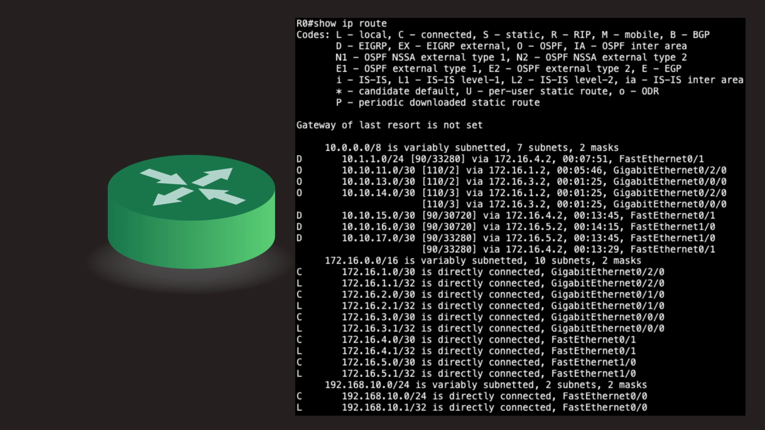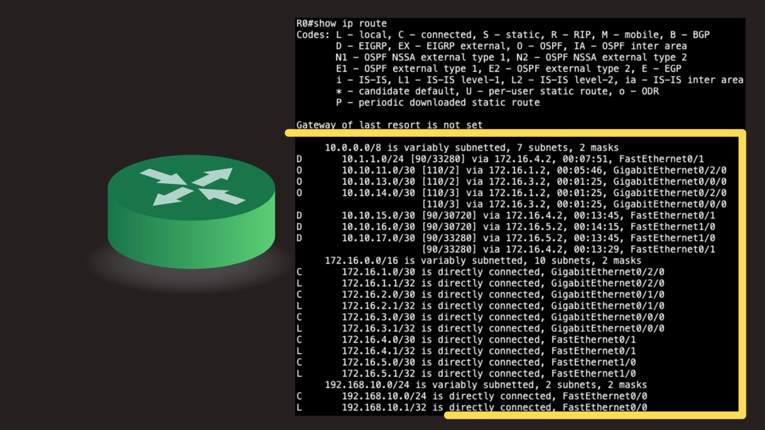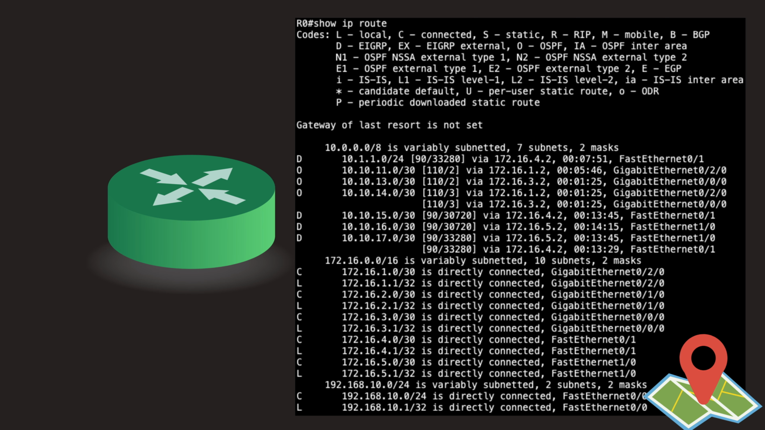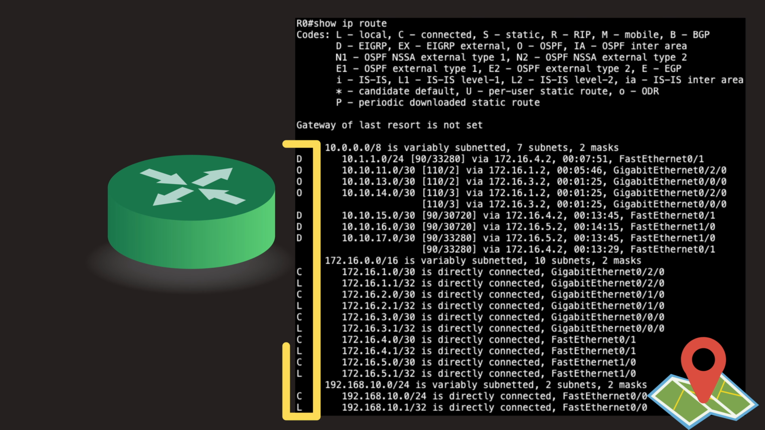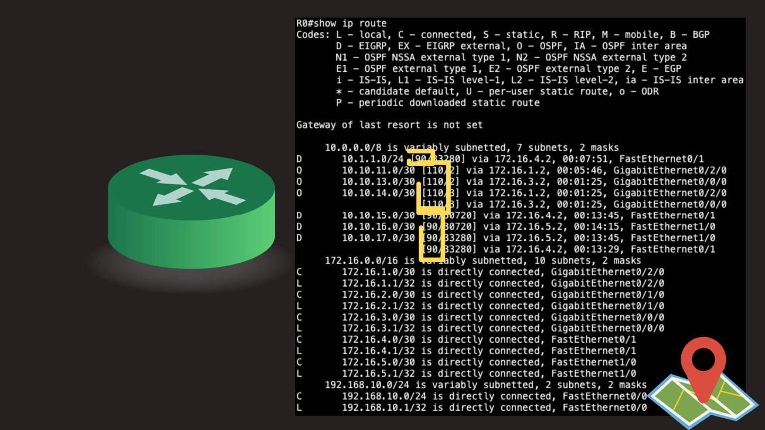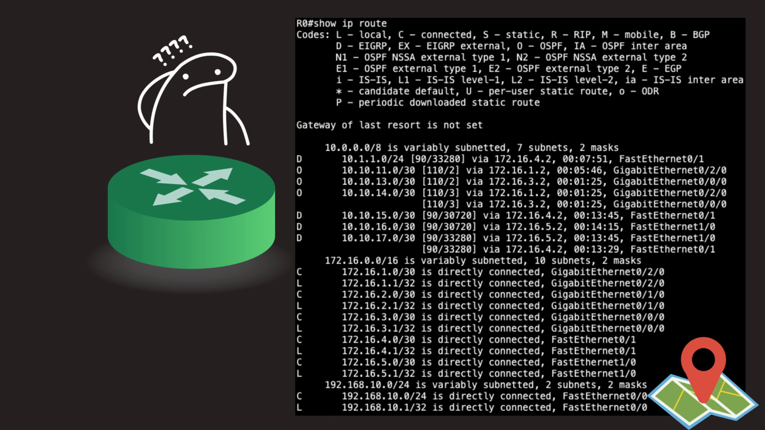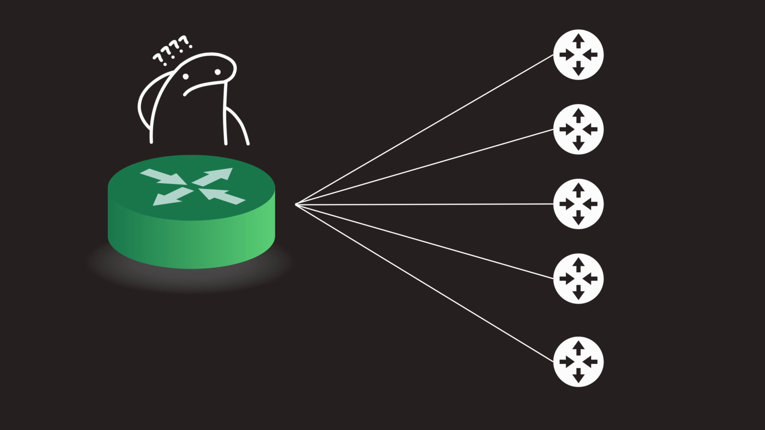Routers have a routing table which contains best paths for different destinations. It's like the GPS for the router that tells which way to route the packet. It has the type of route, administrative distance, and metric. But how does a router decide which one is the best if there are multiple ways to get to the